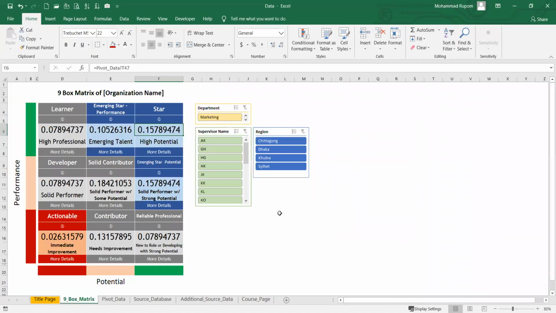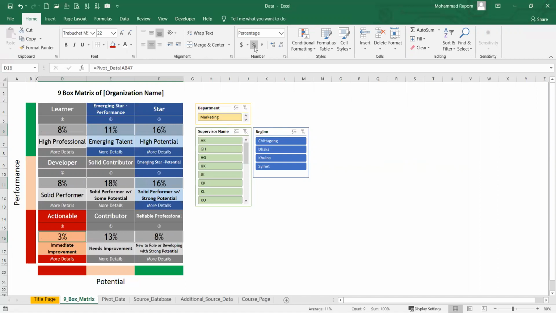So if I go to the 9-box matrix, you can see the formatting has changed. What you need to do is press the control key and select your data values. I have selected the 9 values here, and from the number group just press on percentage and it will be converted to percentage. So this is only one example,